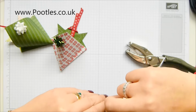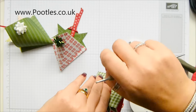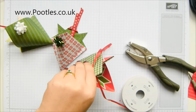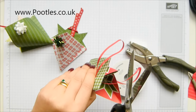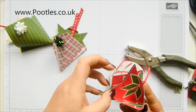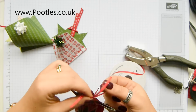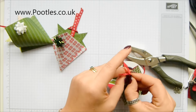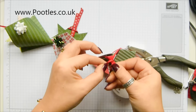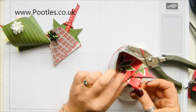There we go. I'm actually holding on to the end because I want the loop to come through. Oops. Take my two loose ends, feed them through there. And that bit will pop over